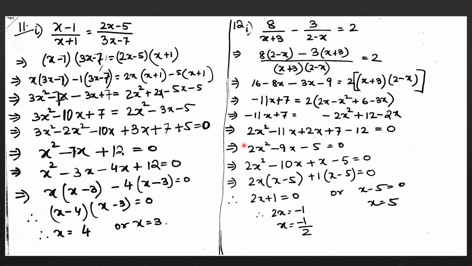So we have here 2x square minus 9x minus 5 equal to 0, where 9 can be expanded as minus 10 plus 1, which will give us minus 9. Also, if I multiply 10 and 1, we get minus 10 as our answer. So we can take 10 and 1 as the factors, and then we get an equation. Solving it by middle term splitting, we get 2x plus 1 equal to 0, whereas x will become minus 1 by 2, and x minus 5 is equal to 0. On taking it to the right hand side, the value of x is equal to 5.